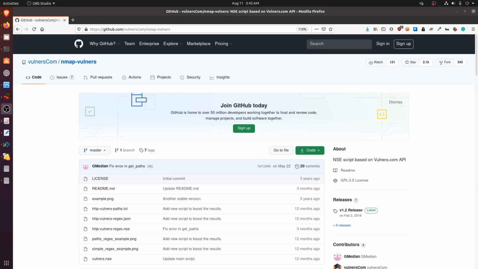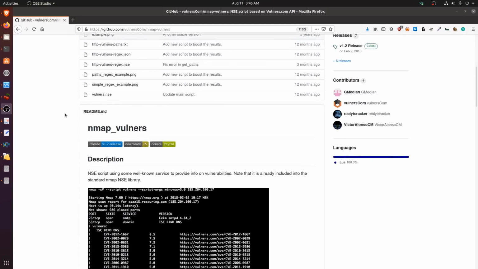In this video, we're going to be taking a look at how to perform vulnerability scanning with Nmap. More specifically, how to do this with the vulners Nmap script. Now, this is a script that previously did not come pre-packaged with the default Nmap scripts, but now it does. The reason I'm currently on the GitHub repository is to give you an introduction to this